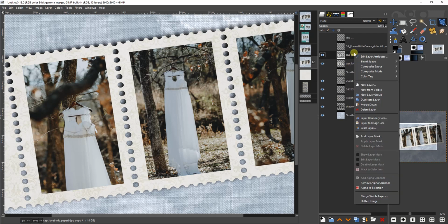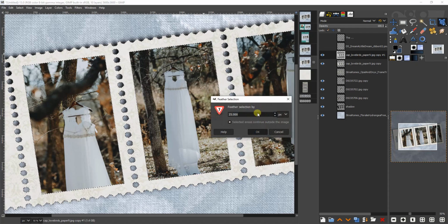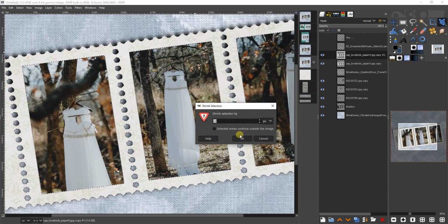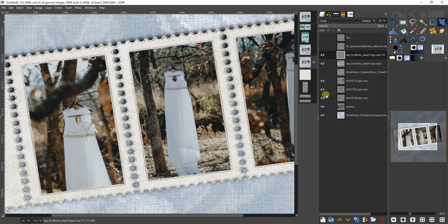I'm going to right click that duplicated layer and I'm going to choose alpha to selection. And then I'm going to use my select menu and I'm going to feather the selection by 25 and select shrink by 10, push OK. Now I'm going to delete that inside part. That's going to leave just the edges, and I'm going to add a multiply mode to that